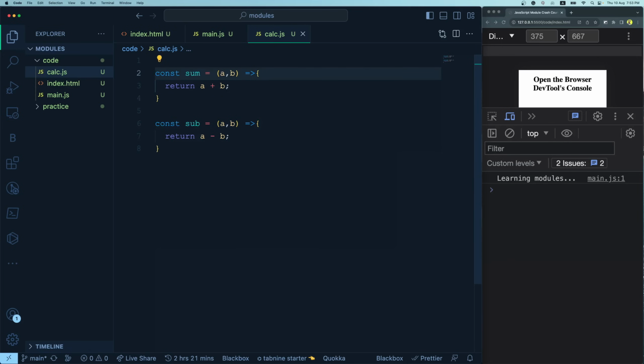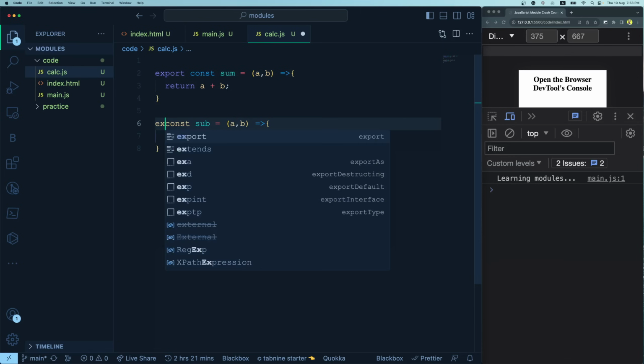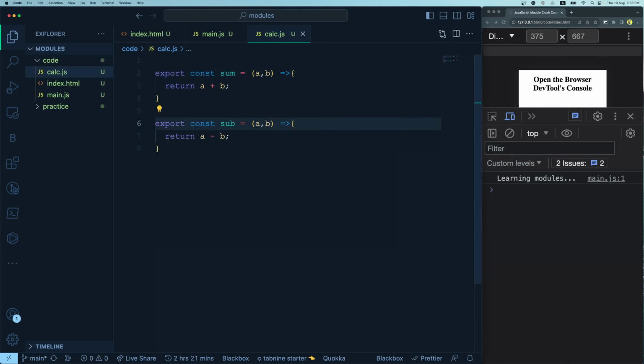The way you can export is by using this keyword called export. This is one way of exporting. So you do export here and export over here, and you have now exported these two functions from the calc.js file. Fair enough. Now as we have exported, the next thing that we are going to do is importing these functions